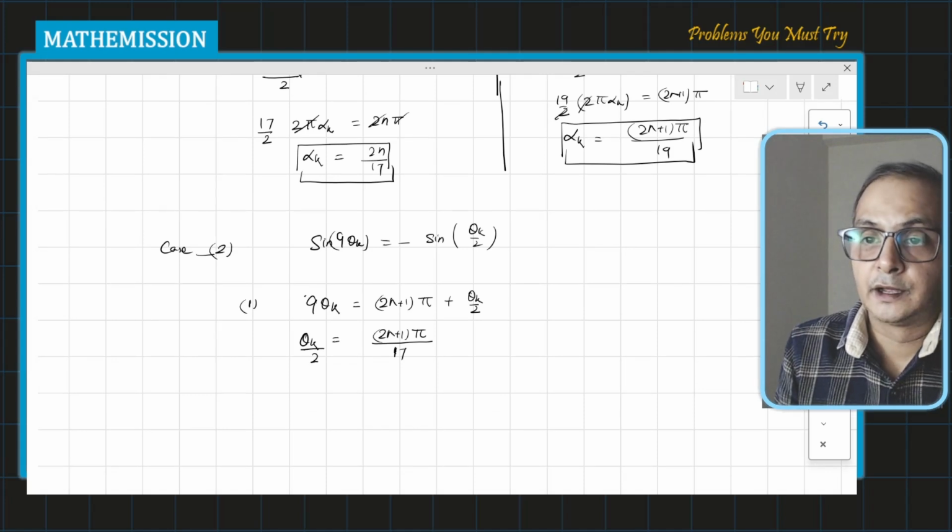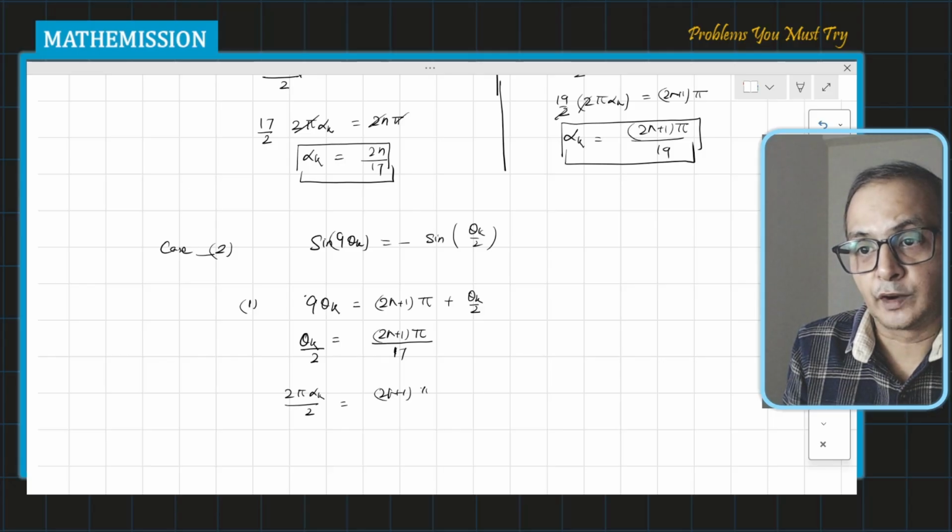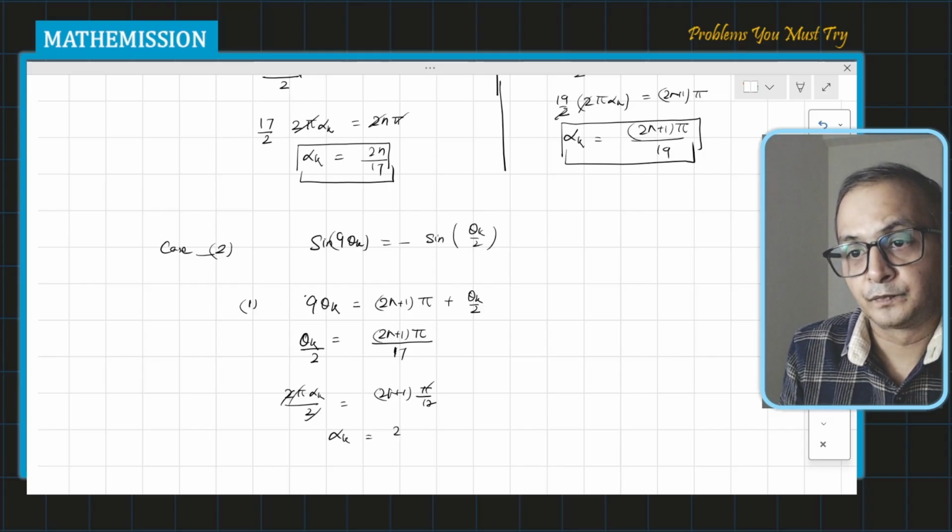Now theta k, I'm writing as 2 pi alpha k, and this 2 will get cancelled. So what I'm getting here is pi also cancels,